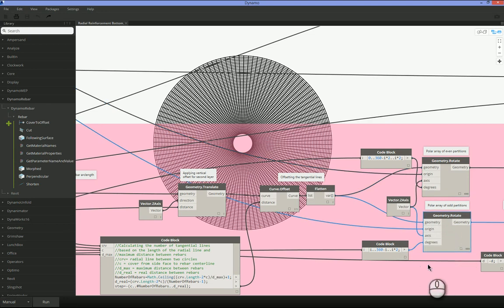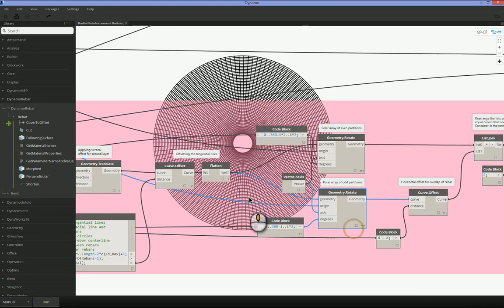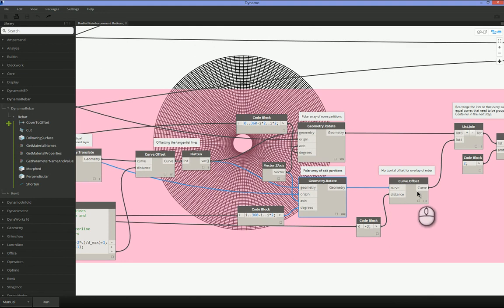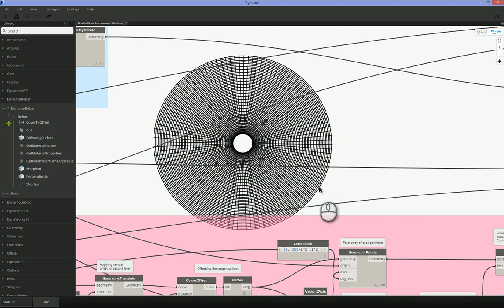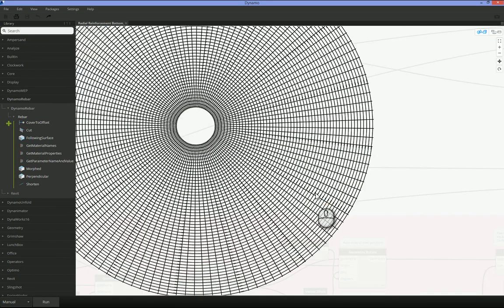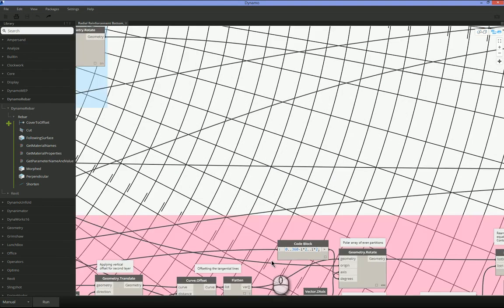Now the reason why we are splitting up the partitions is because we need to have an overlap. You cannot have all these lines at the same radius of the circle, otherwise we would have a clash of our reinforcements. So the odd partitions will be moved a little bit. So there will be an offset applied on that, which is equal to the diameter of the bar. So if you hide these ones and then open these lines, there it goes. Then you can see, if we zoom in a little bit, that we have an overlap between the two consecutive